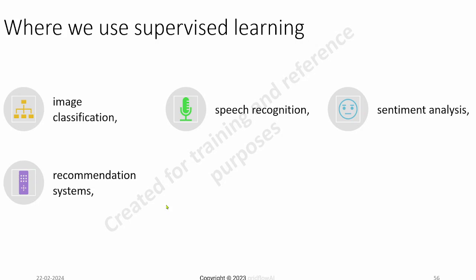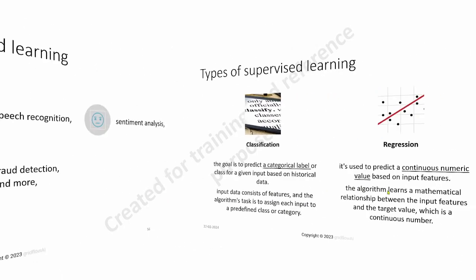Recommendation systems would be another application area, where you're recommending a particular item to some target user based on the similarity of the users, fraud detection, and many, many more such